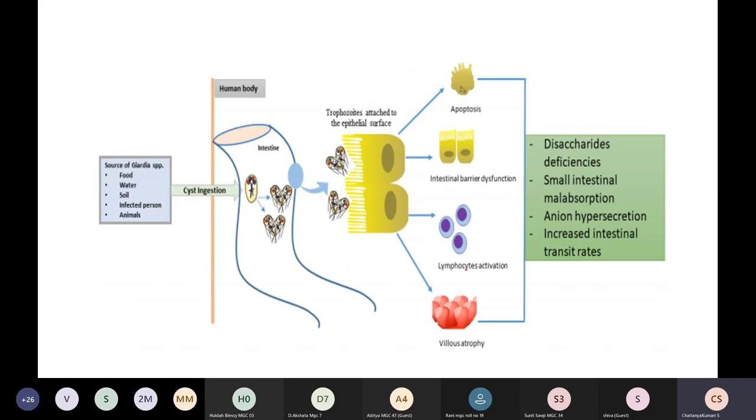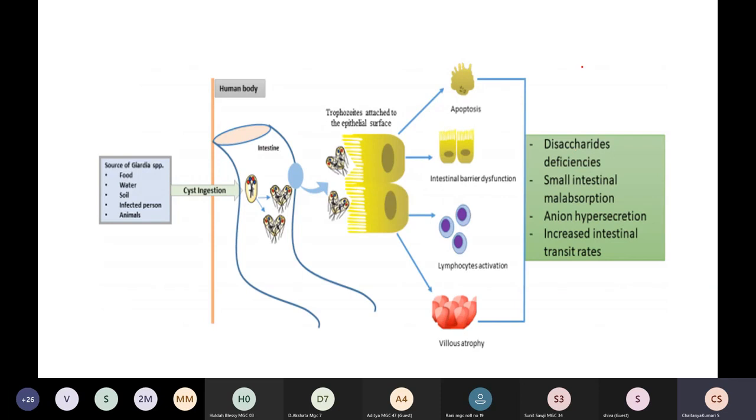Okay, and the next one, villi atrophy, that is nothing but villi will lose the ability to absorb the minerals, nutrients and other vitamins. Villus atrophy is nothing but it will lose the function of absorbing the vitamins, minerals and the nutrients. Okay, and also ultimately you can see there is a reduction of disaccharide enzyme secretion. The enzymes will not be secreted by these microvilli, which would be helpful in the digestion of the food material, as well as in absorbing the nutrients and other minerals from the food material.